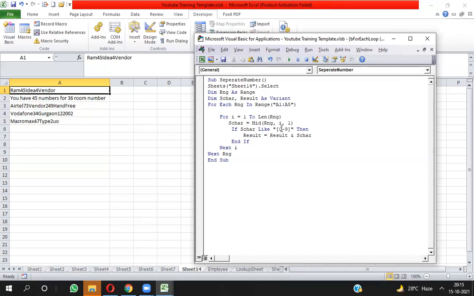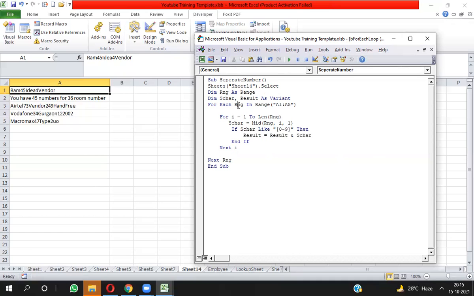If any character matches, it will be stored into result. After getting all the characters which match a digit, all the digits will be stored into result. Then I have to take the output in the B column.